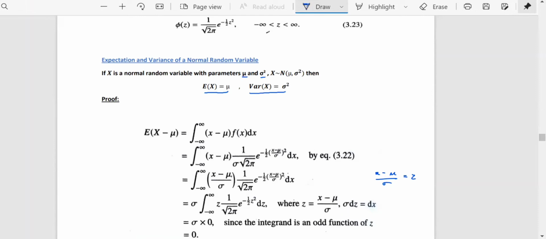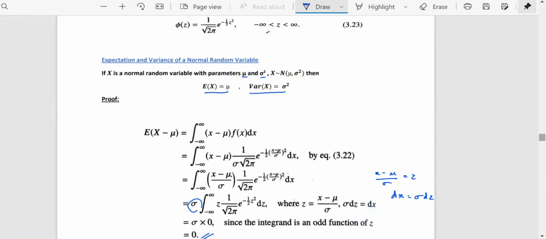1 by root of 2 pi e raised to minus 1 by 2 z square, and dx will be replaced with sigma times dz. That's why we are having an extra sigma here. Now the integral from minus infinity to infinity of z times e raised to minus 1 by 2 z square is an odd function, hence the integral is equal to 0, and we are getting expectation of x minus